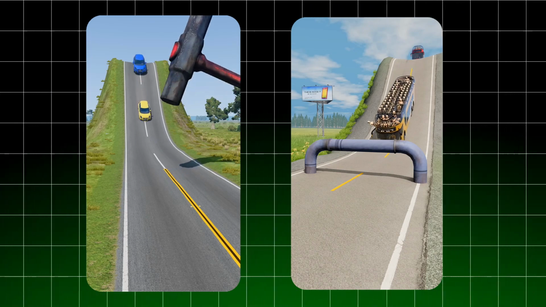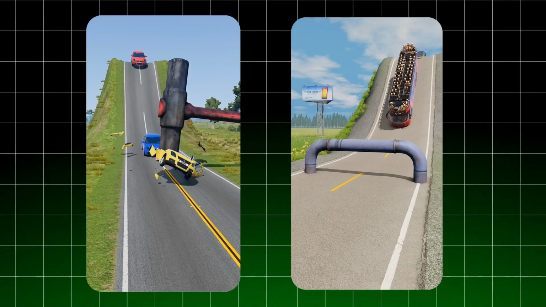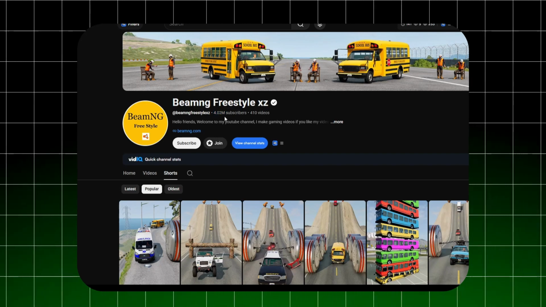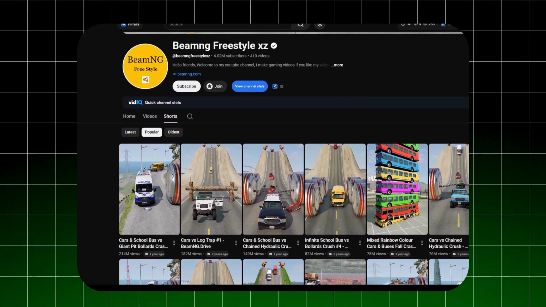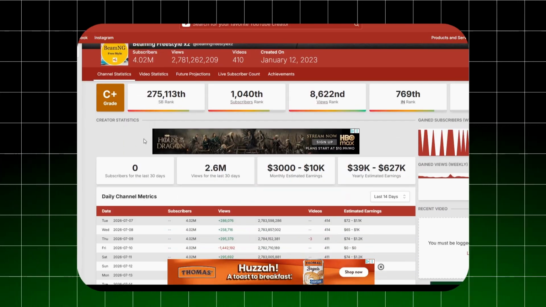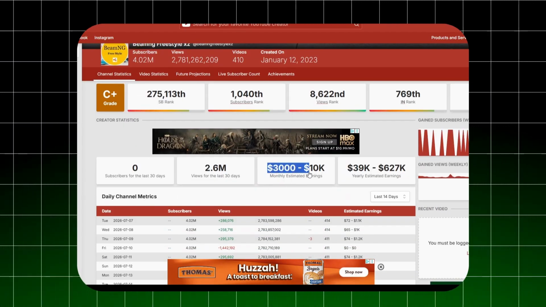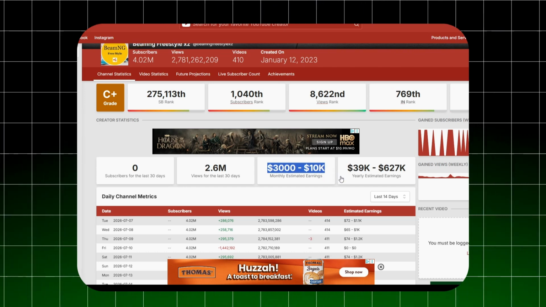These car crashing videos are pulling in millions of views right now. This YouTube channel has got 4 million subscribers, and its most popular videos have reached over 200 million views. If we check the channel's profile on Social Blade, we can see that its estimated monthly earnings are between $3,000 and $10,000. In this video, I'm going to show you the complete workflow for creating these videos for free using